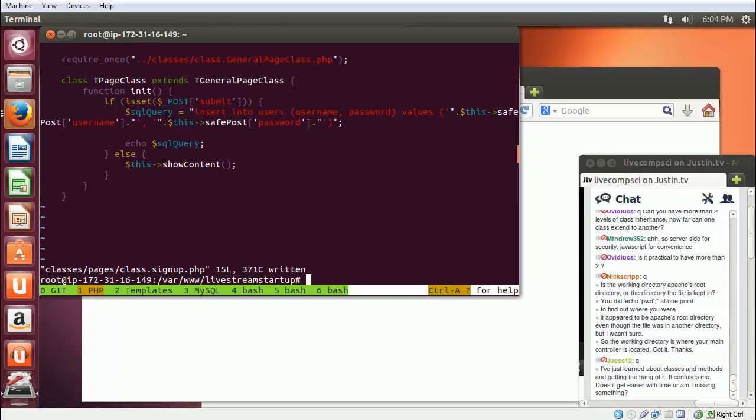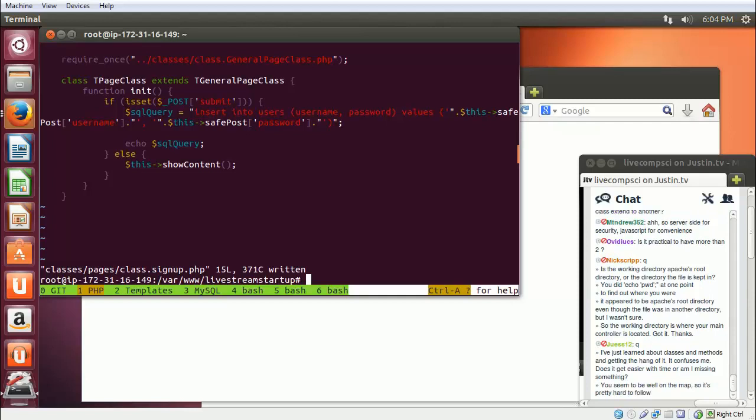It definitely gets easier with time, and it also gets easier when you really understand it well. The thing about classes and methods, or functions, whatever you want to call them, I call them functions usually, but what you really need to remember about a class is that a class is a template of something that doesn't exist yet. So when I create a class, it doesn't exist until I instantiate it, and I do that with the new command. So for example,